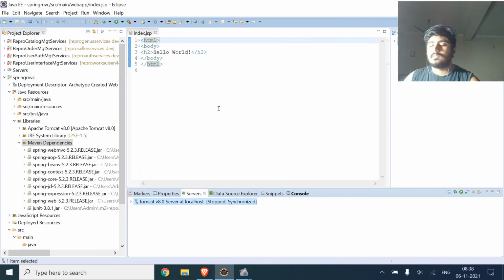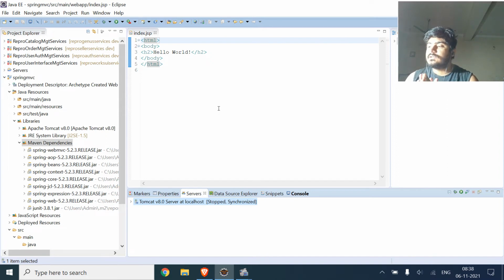First of all, we will configure the dispatcher servlet, that is the web.xml file, that is the front controller. Then second step, we will create the configuration file in which we will declare the beans and classes.